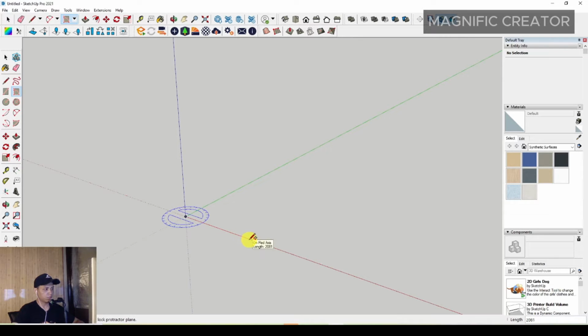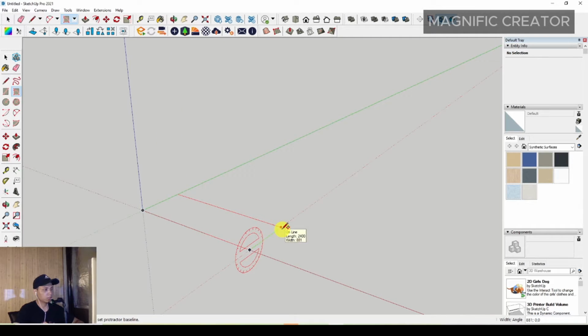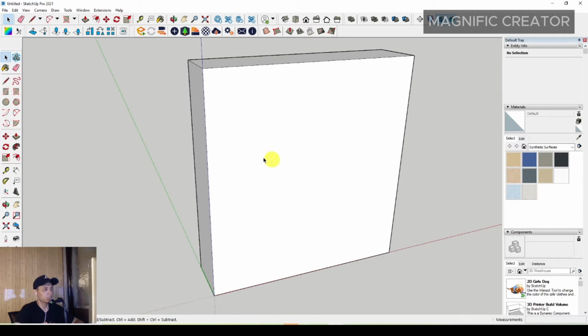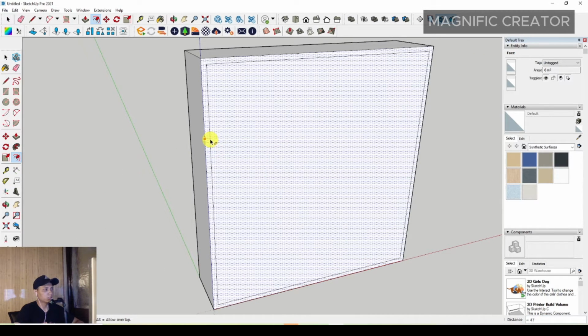Then you have to set the length of the wardrobe, maybe around 2400 millimeter. Then you can set the height of the wardrobe around 600 millimeter. After that you have to push it up, maybe you can set 2500 millimeter, and after that you can set the thickness of the edge frame of the wardrobe around 40 millimeter, and then